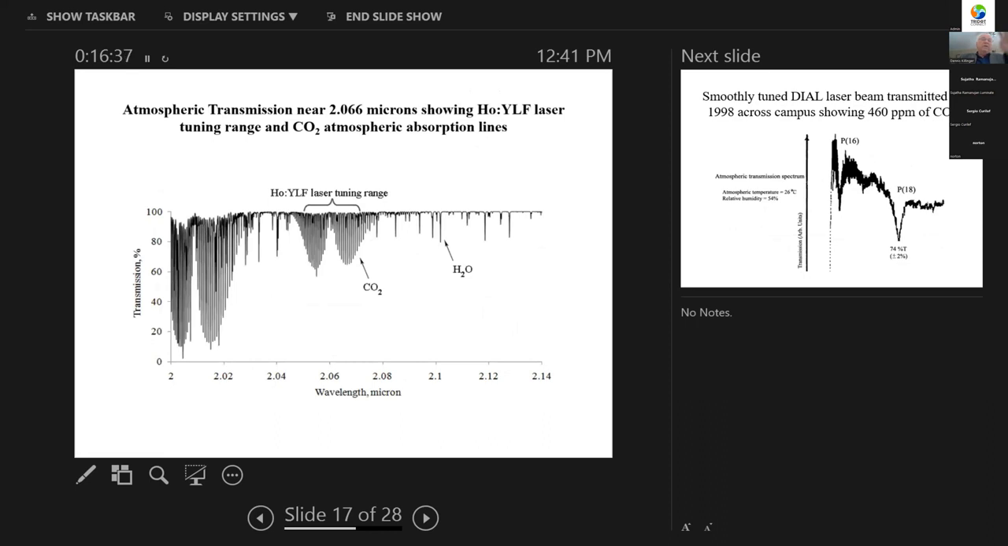This is a picture of the transmission of the atmosphere over a path of about half a kilometer, if I remember right, showing around 2.06 microns. And these are the absorption lines due to CO2 here. And this overlaps the tuning range of this holmium-YLF laser that we